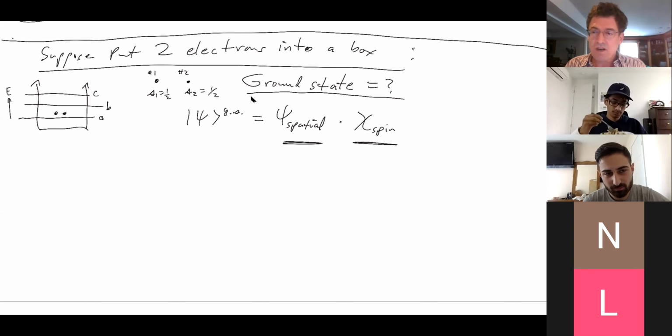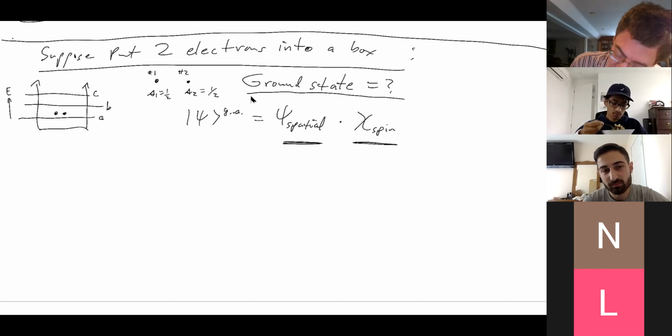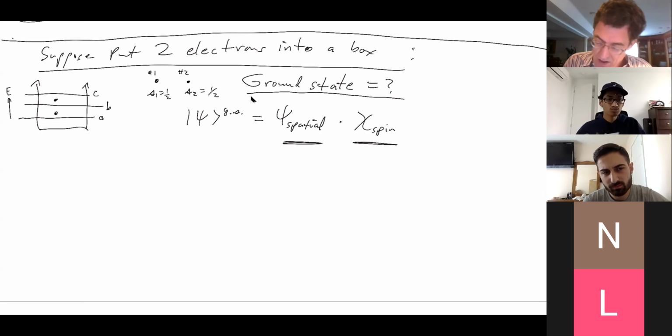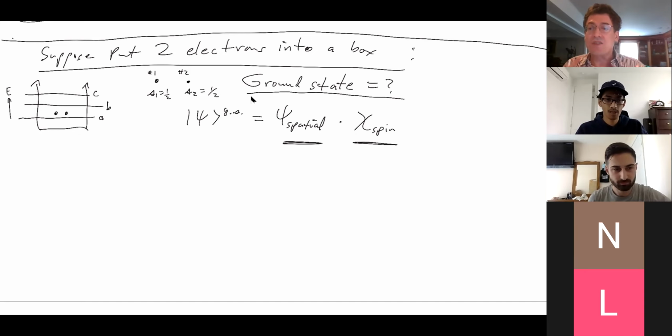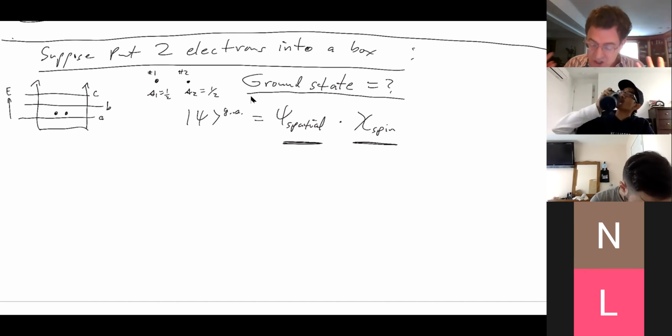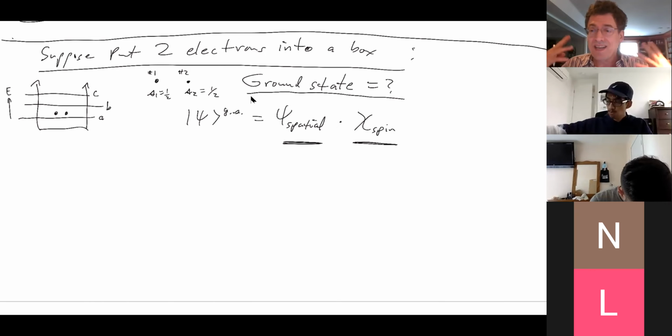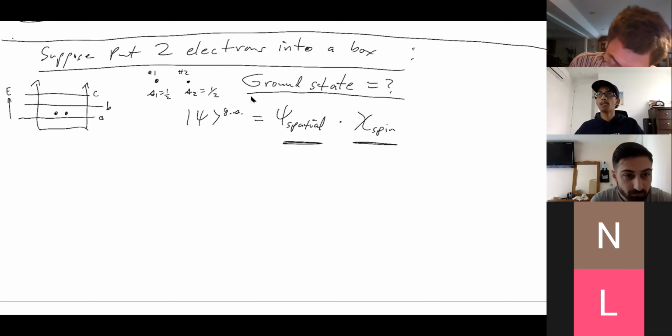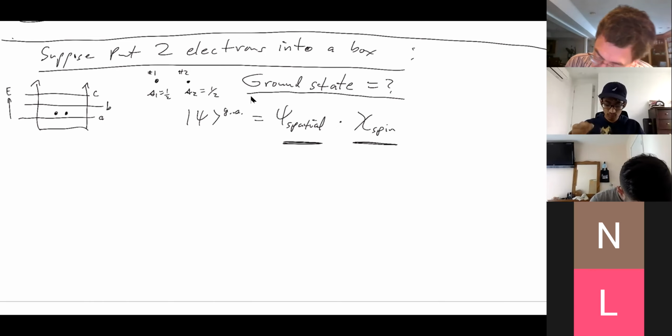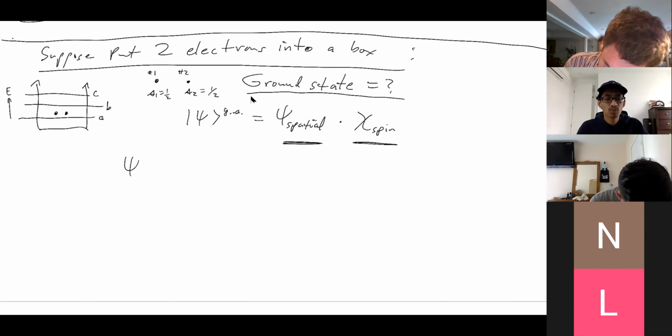But in the old days, we would say, no, you can't do that because now they're both in the same state. The Pauli exclusion principle says that that's not possible. So then in the old days, you might say that they have to go like this, right? But the point is that now we can put them in this state because the spin allows us to satisfy the anti-symmetry rule. The spin now allows us to satisfy the anti-symmetry because now if I put them both in the same state, I know then that the spatial part